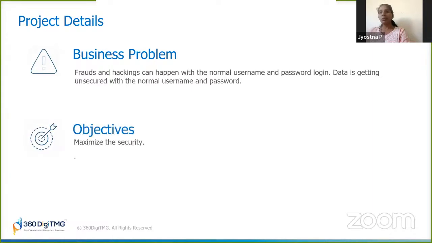Here, the business problem is that whenever we use the normal kind of login, like the username and password method, it may lead to fraud and hacking. Data may get into an unsecured way, and by using this normal way of username and password authentication to particular websites or domains, this is the business problem.